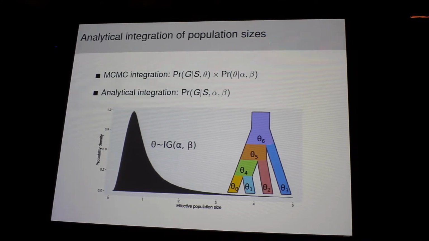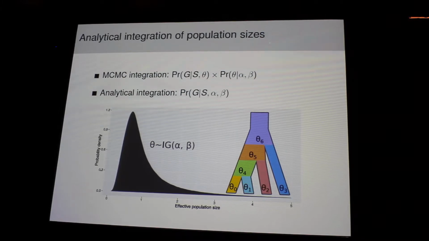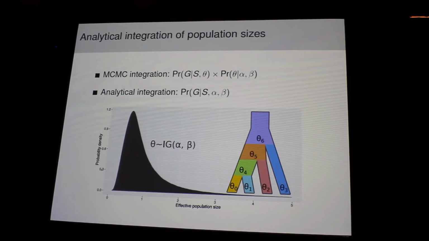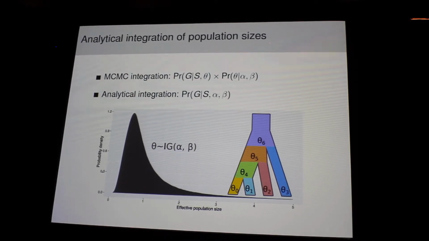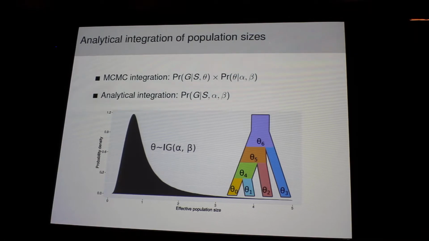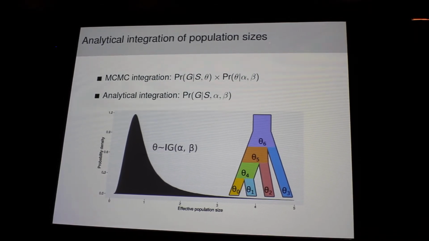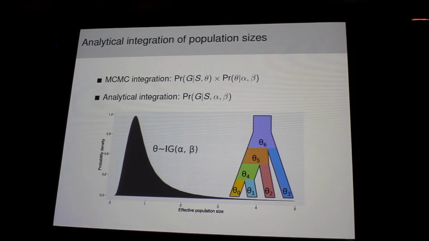So first of all, StarBEAST always estimated population sizes using MCMC. So that's done by estimating the probability of the gene trees given the species tree and a vector of population sizes theta, and having a prior distribution on those population sizes. Here, in this example,